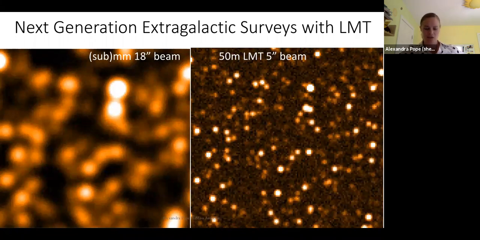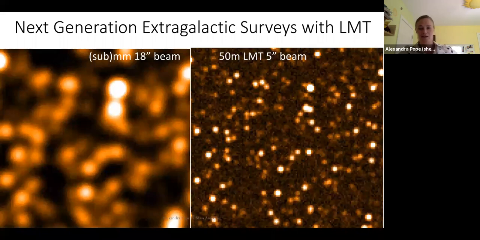And Min already mentioned the Toltec camera, which is being shipped as we speak. We've already shipped parts of it. Parts of it have already landed in Mexico. The rest of it is going to be packed up and shipped imminently. And so that is definitely on the slate to be commissioned late summer, early fall, assuming that things continue to improve with the pandemic. So why do we need Toltec?